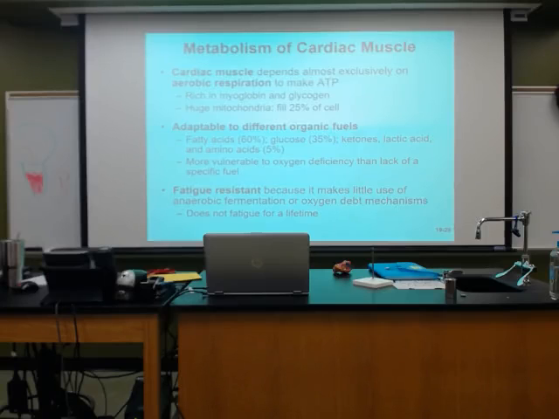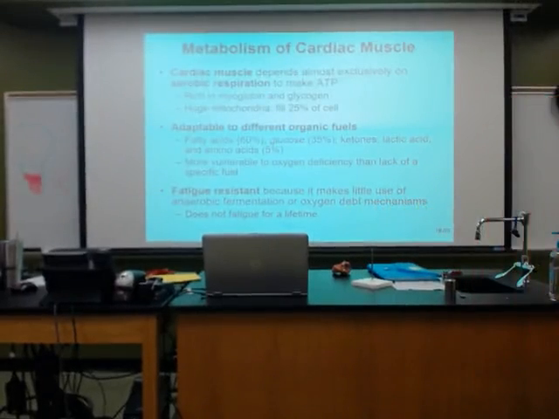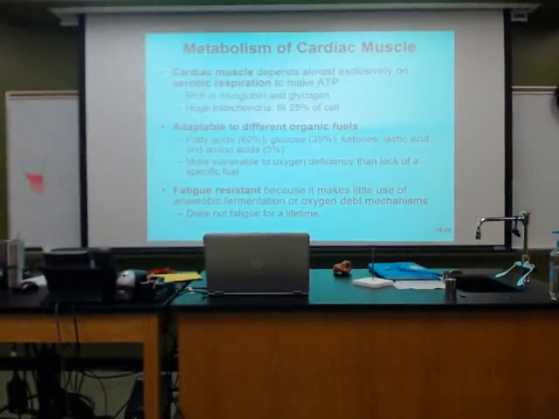Now, do you think the heart would be able to handle that huge lactic acid molecule? No. Okay? It would not be able to do anything with it. It would build up and it would kill the tissue. And kill the heart tissue, like he says, you're going to be dead. Okay? So we're dependent on aerobic